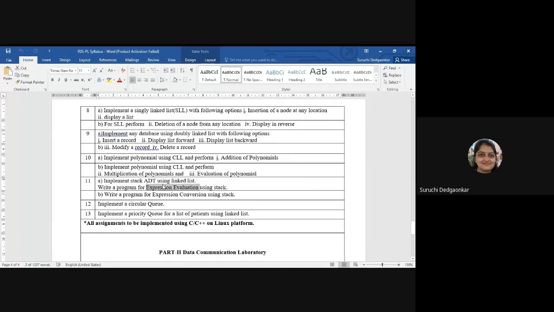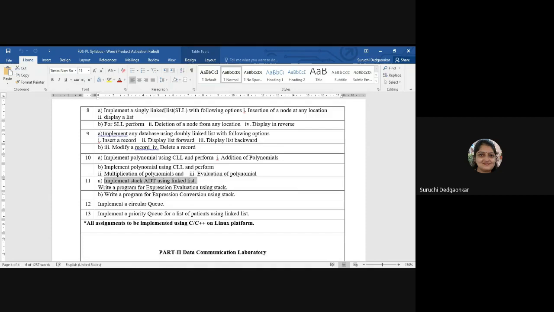And for the evaluation part we need an integer stack. For the conversion part we need a character stack. So we need two stack classes, or you can use a template. All of you must have learned the template concept in OOP.